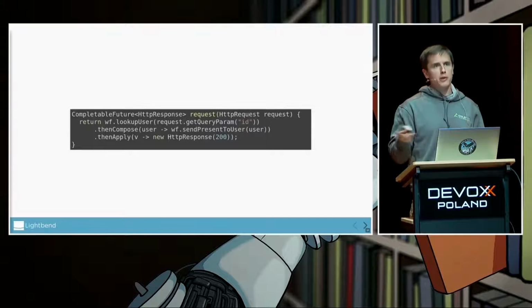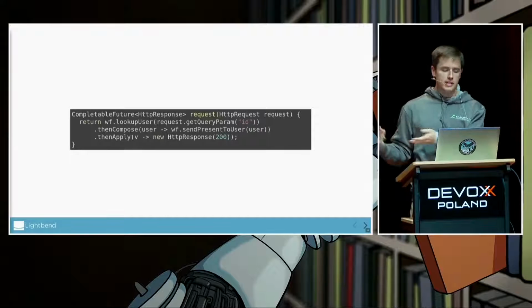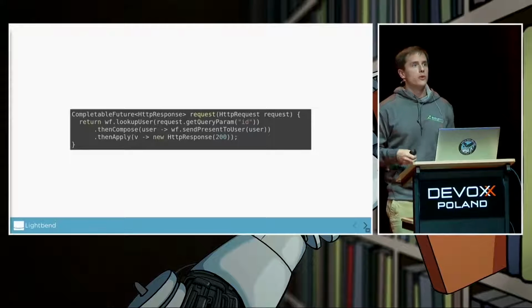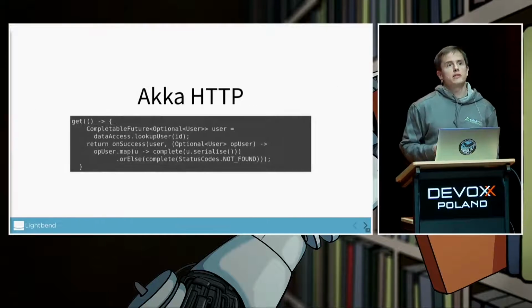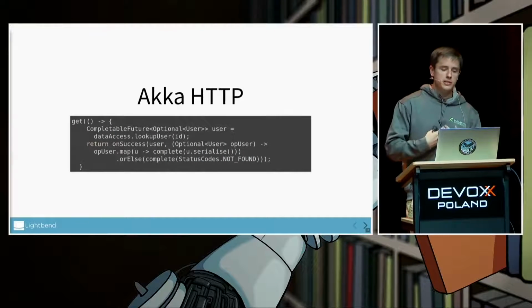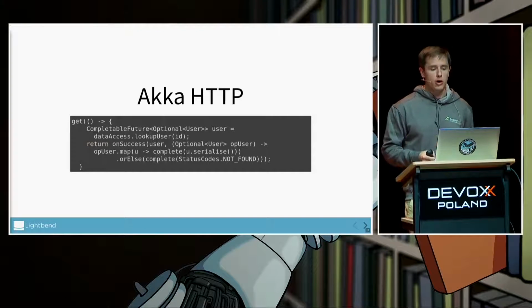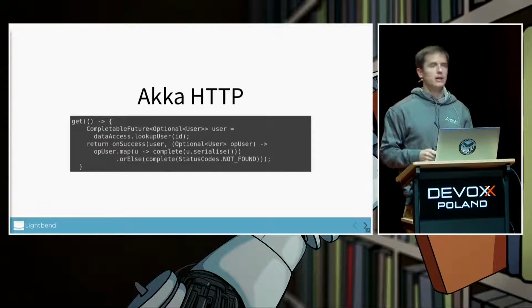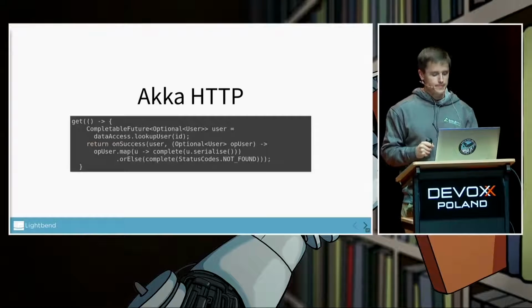We need ways of composing things. So when we end up with one asynchronous computation, we might need to kick off another asynchronous computation, which in the CompletableFuture API is thenCompose, or in the Scala future API would be flatMap. And then that's real. This was my fictitious web server. This is real Akka HTTP code. So I'm saying we can go to the database, we get back a user. Maybe that user doesn't exist, so I've also put this in an optional. And then this onSuccess method is actually Akka HTTP code. So you give it to Akka HTTP, and you say, I'm not going to give you a concrete object, I'm going to give you this future back.